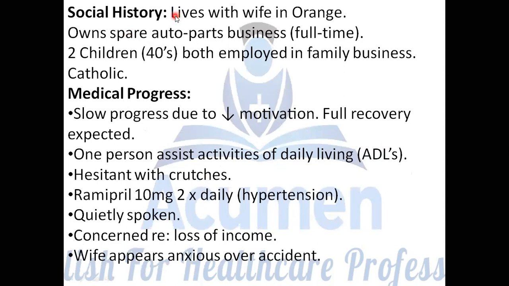Look at the patient's social history. Now, our selection of information criteria says include social history only if it is a risk factor, include social history only if it has impact on the discharge plan. Here it is given that they have an auto part business and they are staying with their family. Lives with wife in Orange and has 2 children and they have their own business. So if you look at the social history, there are no risk factors as such. It doesn't say that their house is a 2-story house where it can be an issue for their mobility.